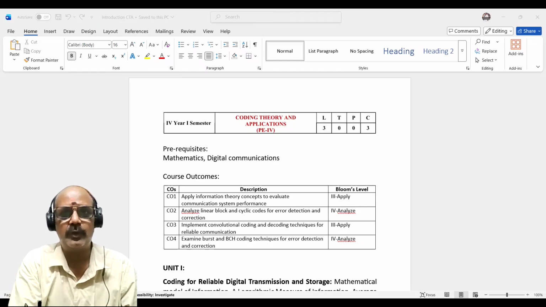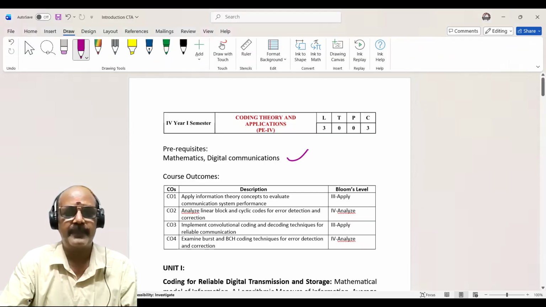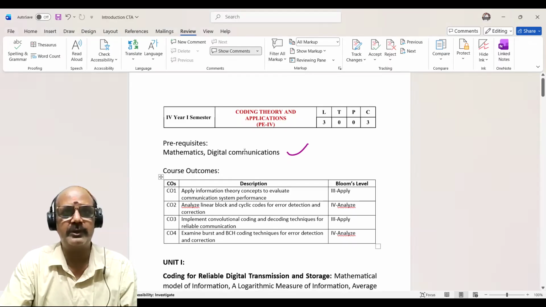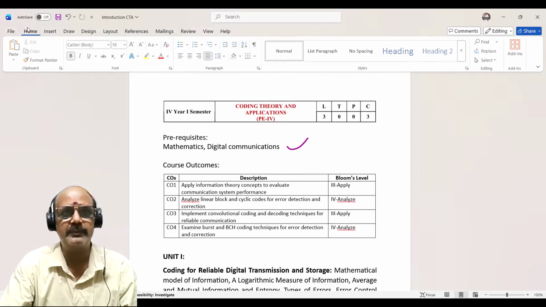The subject is coding theory and applications, a pre-elective for fourth year first semester students. Prerequisites for this course are mathematics and digital communications. Upon completion of the course, the student should be able to